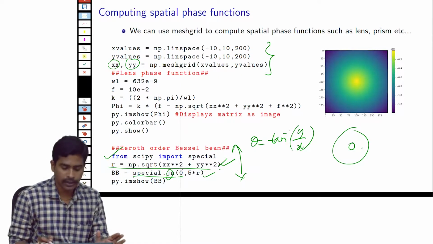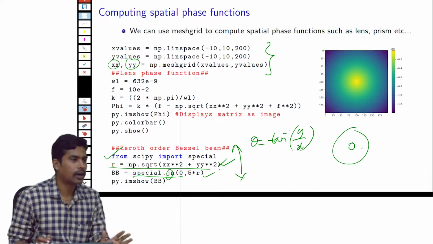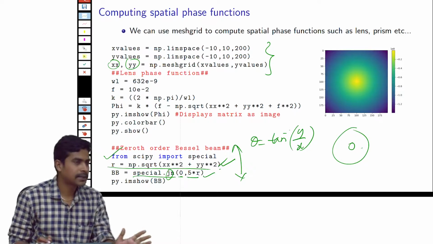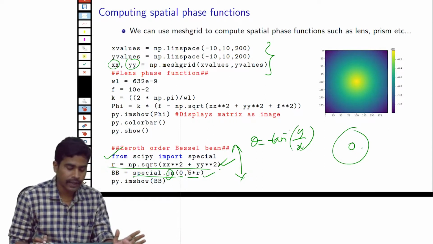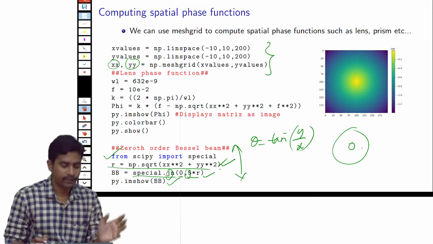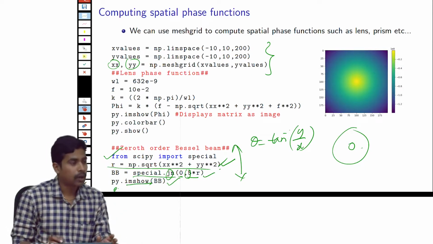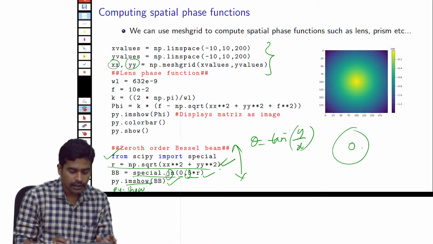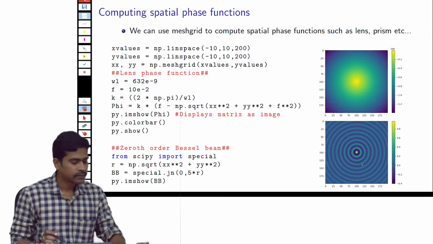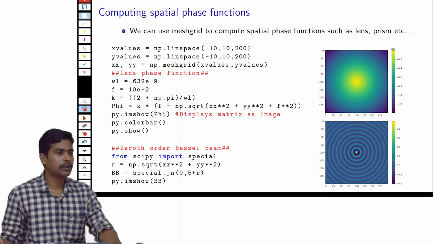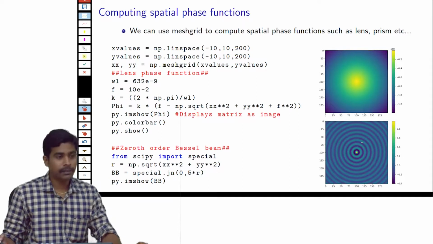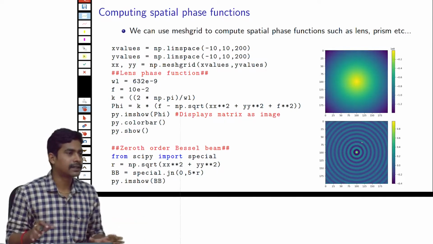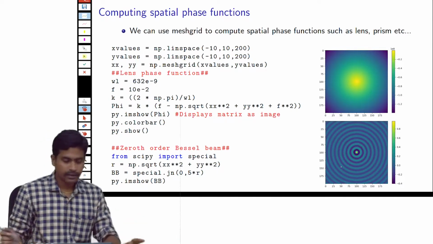Here 0 is the 0th order Bessel function. You can give 1 or 2, whichever order of the Bessel function you want, but in this case I am just plotting the 0th order, with the radial coordinate multiplied by a scaling factor of 5 here. You can give whatever scaling factor you want. Finally I am plotting it using the imshow function. I have to write this, otherwise it won't display. So this is how a Bessel function looks. It has a central maximum followed by many concentric rings around the central peak.